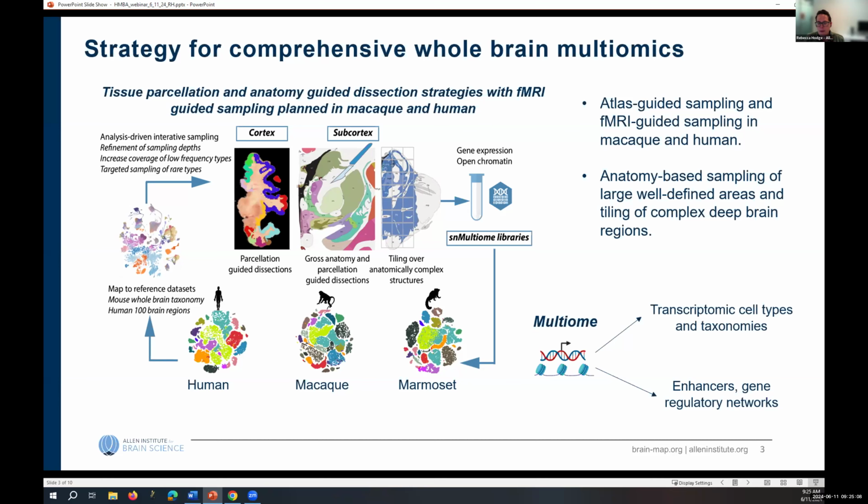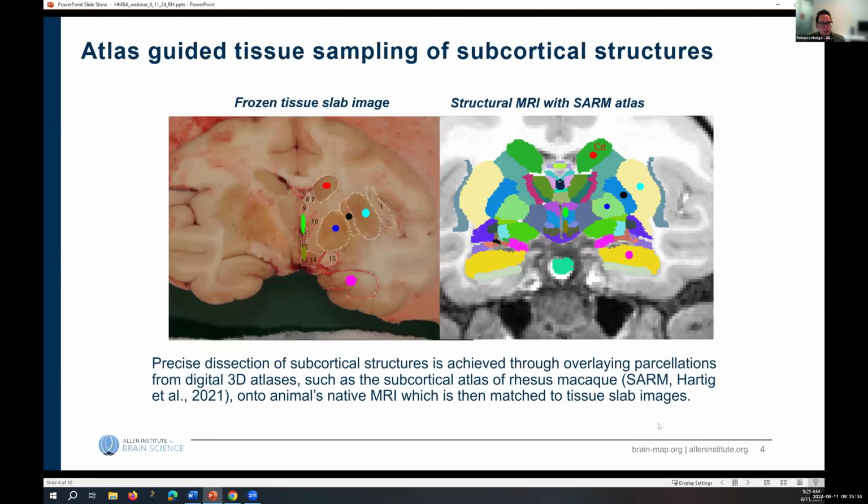So the sampling strategy that we're taking for this next generation of brain atlases was really designed to address some of the major challenges that Kim highlighted in her talk. We're going to be making use of multiple different dissection techniques alongside an iterative and responsive analysis plan so that we can ensure that we have comprehensive coverage of cellular diversity across all of the brain regions and all species. So specifically, we're using an atlas-guided sampling strategy for subcortical structures that have identifiable gross anatomical features in fresh frozen tissue slabs. So this involves utilizing digital atlases in combination with gross anatomical landmarks to let us achieve precise dissection